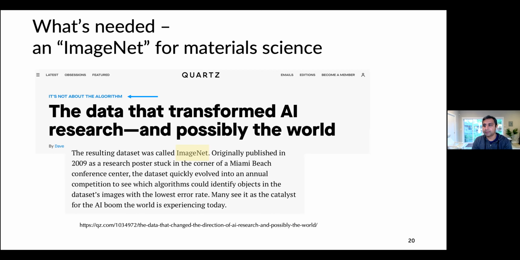So this is the set of images that were hand labeled to say that, okay, this is an image of a cat, this is an image of a dog, this is an image of a train, et cetera. And then machine learning algorithms would compete to see, could they automatically classify these images as well as a human. And ImageNet was largely credited with really transforming the field of machine vision, because it gave people a unified data set to actually compete on and make improvements on.